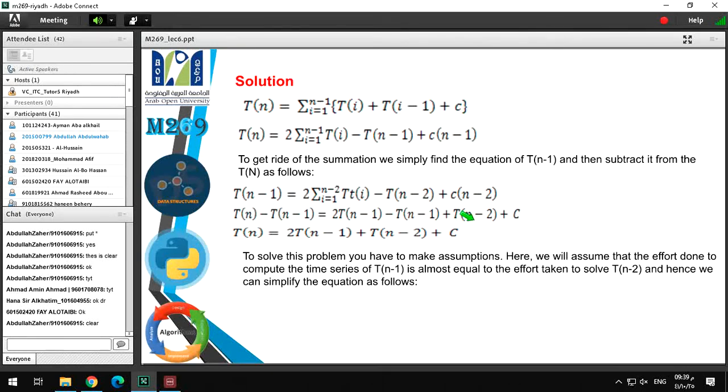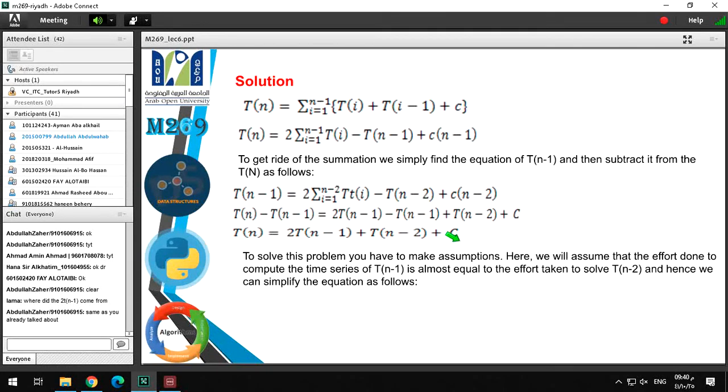So we will say that 2t(n-1), this one, plus t(n-2) plus c. So we have to make assumptions. Sometimes in solving mathematical problems, you need to make some assumptions in order to simplify the equations. So this is one of the assumptions that we are going to use